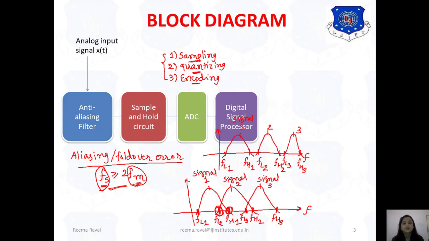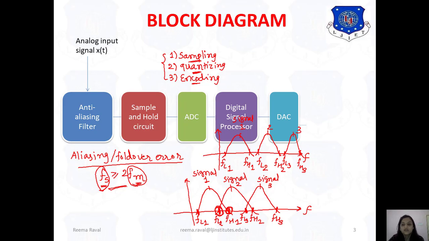So this processor will process the signal, and then it will give this processed signal to the next block, which is DAC, which is called digital to analog converter. Why do we require this? Because whatever signal we have received was analog in nature, so we have to give that signal back in its original form. That means it can be voice signal, speech signal, or whatever form it was. We need to get it back in that analog nature, right? So we need to convert that digital signal into analog signal. For that, the DAC block is used.